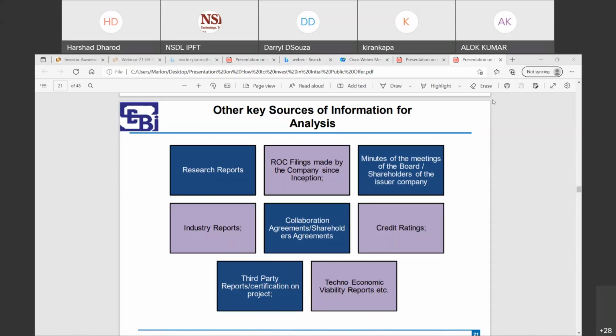Then there is the research report. So when you go for an IPO, they put something like a research report where they state that a